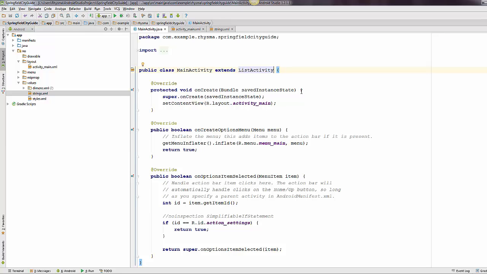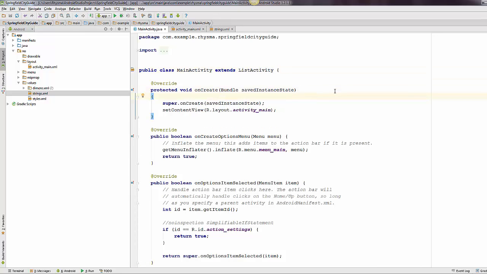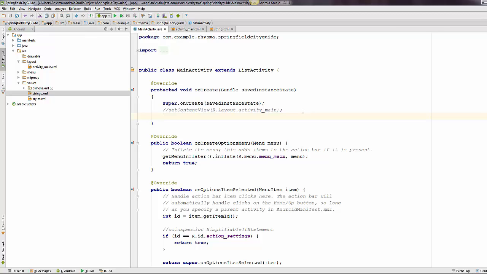So the onCreate is where we're going to create the list of items, and they're just strings, and then provide that to the list view so it knows which items to display when the app is run. And so we don't need this setContentView line right here. I'm just going to comment that out. So we're going to start with setting up that list of strings, and we're going to do it as an array. And if you're not familiar,